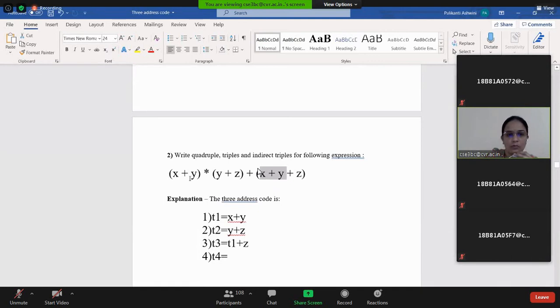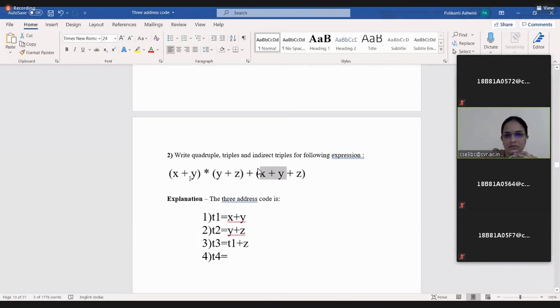Now whatever expressions there are inside parentheses, we have calculated, and now we have to perform the operations outside the parentheses. We have multiplication and addition. According to operator precedence, multiplication is given the higher priority.